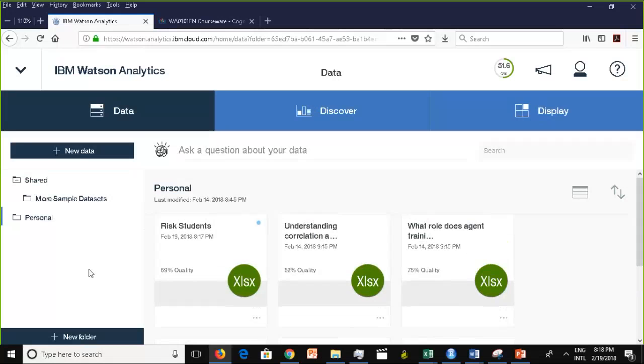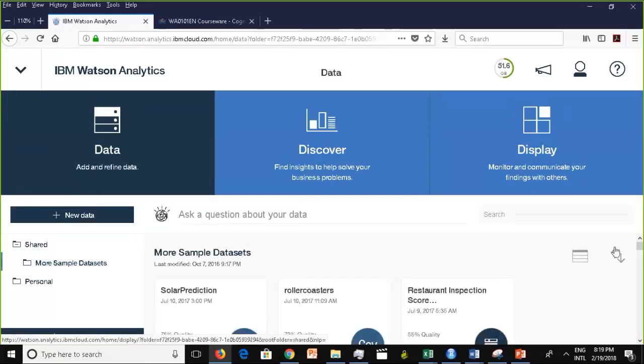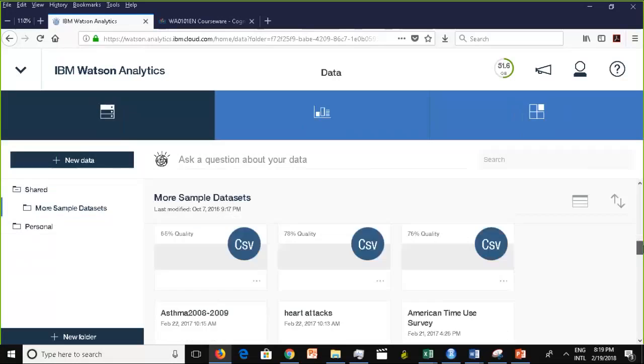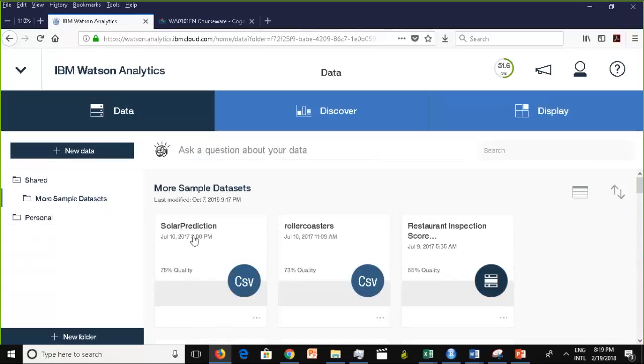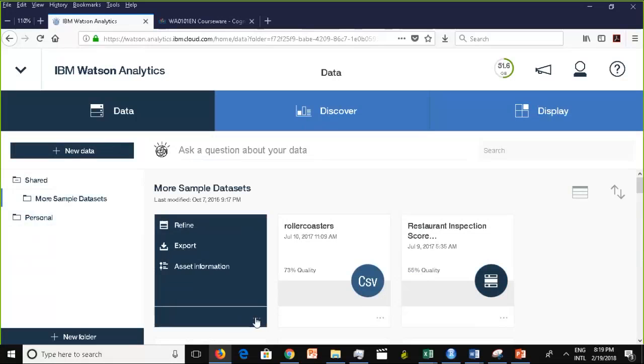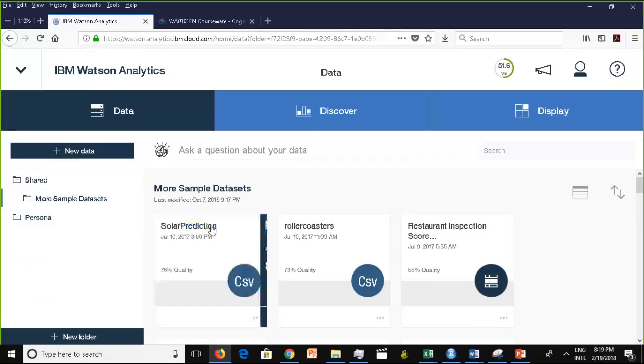Another alternative you have is this. You click on more sample data sets. This is in a shared folder, and you have view only permission. So you click on this ellipsis here, and you're going to have these options. You're going to have refine, and you're going to have export. So one option is to select refine,